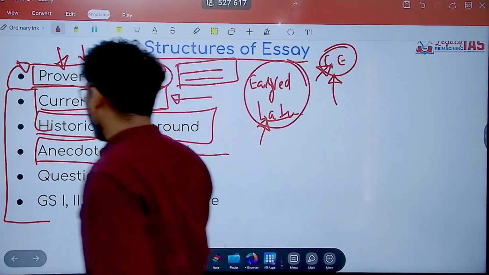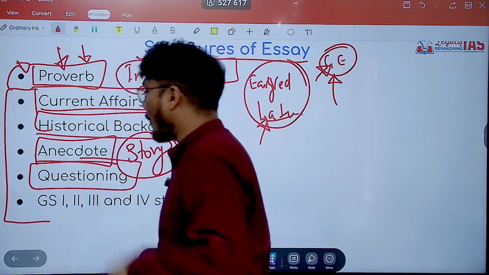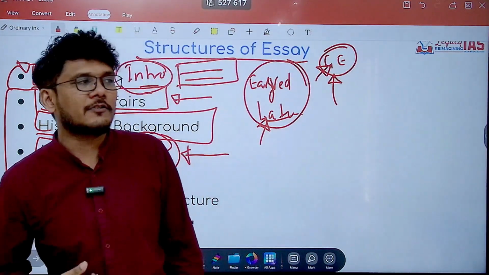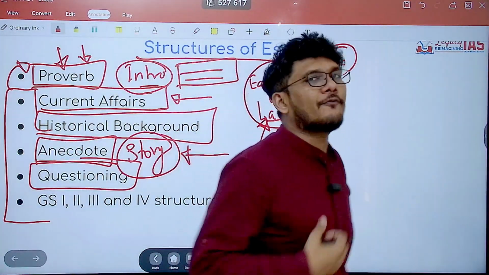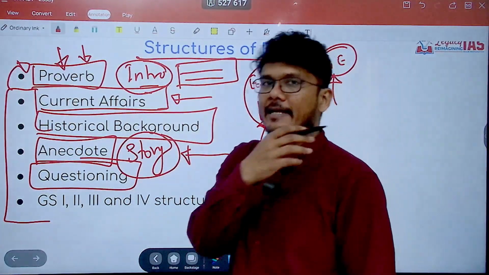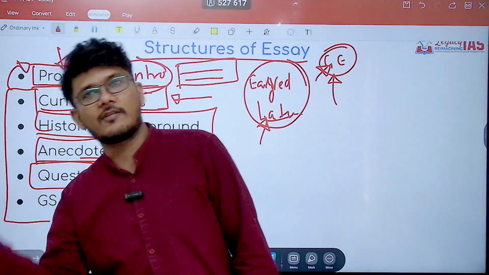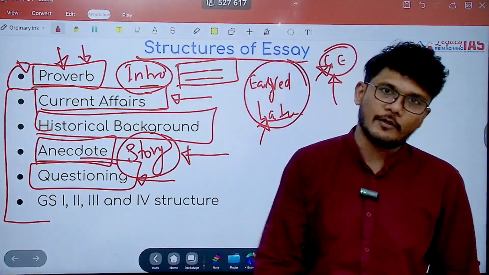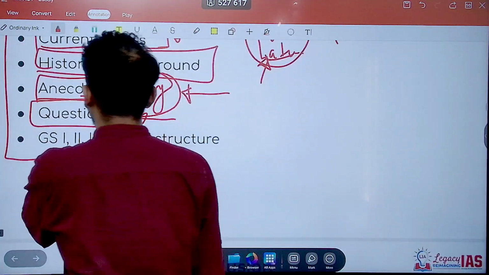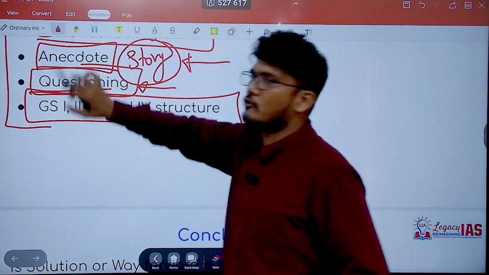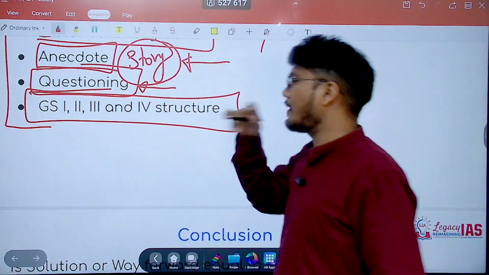Now, the next interesting way to start is your questioning method. In the questioning method, the introduction consists of 10 to 12 questions. And when you have around 10 to 12 questions, the remaining essay would be nothing but answering those 10 to 12 questions that you have written in the introduction of your essay. So this is another way to start your essay. Then you have the final way. There can be more ways. There can be combinations of it as well. We are studying it separately.